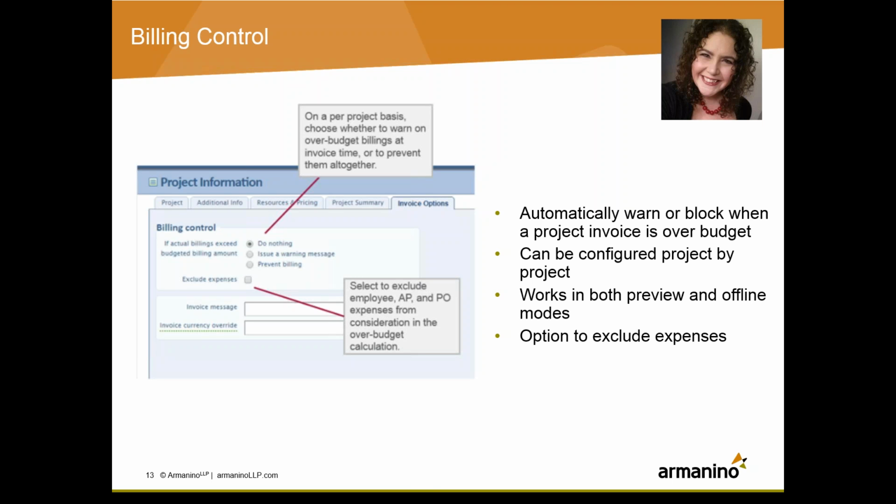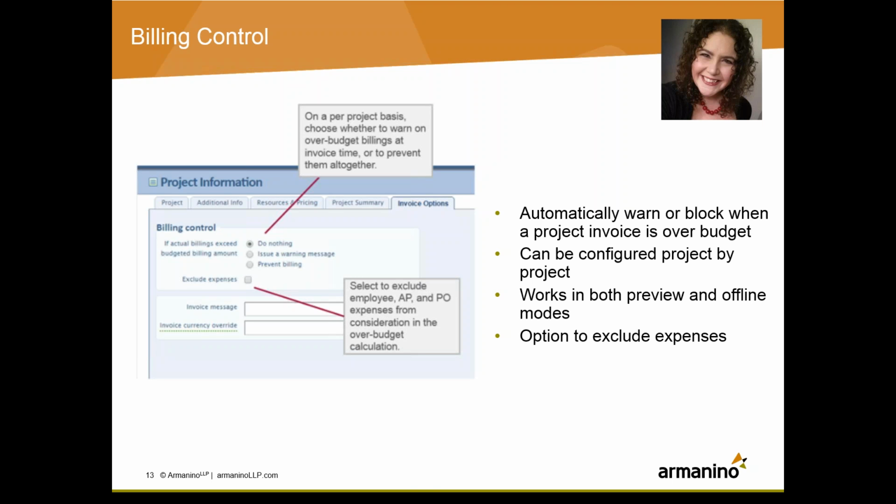And that was an intentional design by Intacct to allow the approver of the purchase order to pick and choose which one that they want to approve. However, if more than one gets approved, you now risk overbilling your project because you have multiple invoices from the purchasing module that are now being converted into AP bills to be paid. So this is kind of a response to that option here on the billing control.